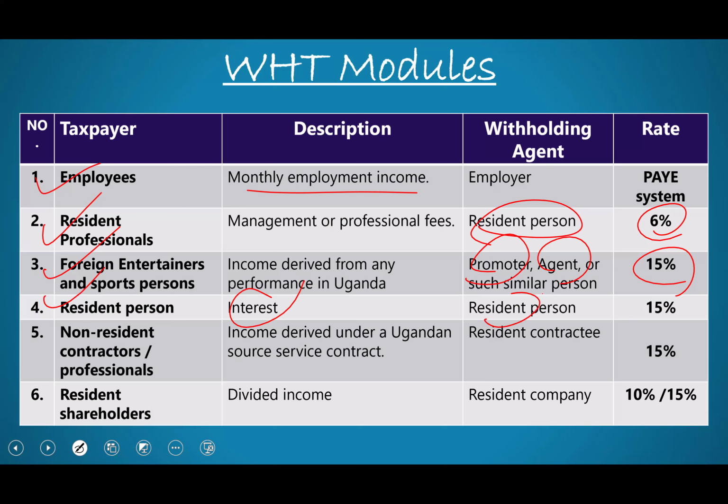This one is the case of banks. The rate is 15% if you're receiving interest from a resident person. Then we have non-resident contractors or professionals. This one I've just been handling today. A Kenyan